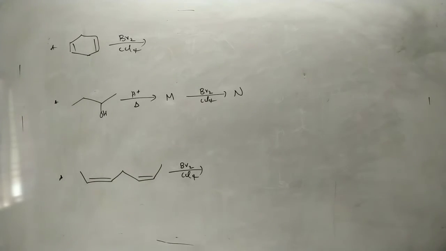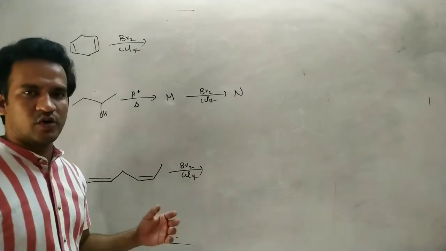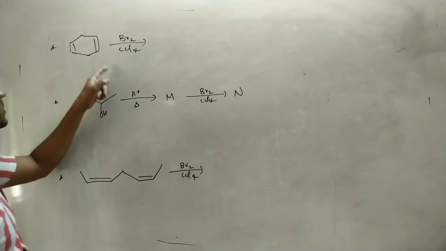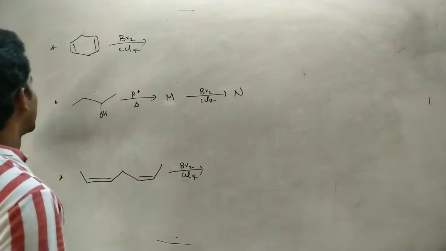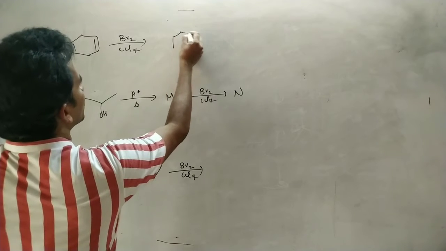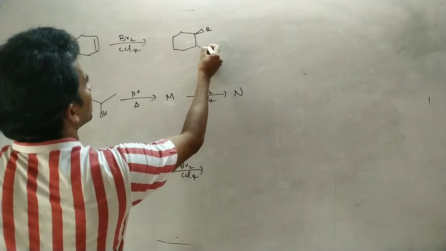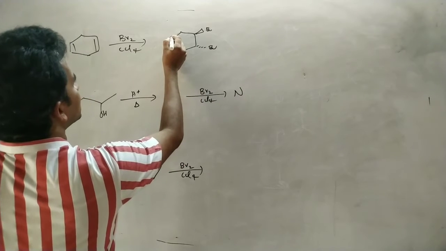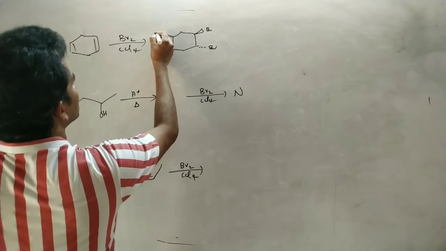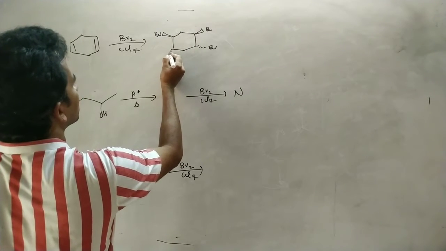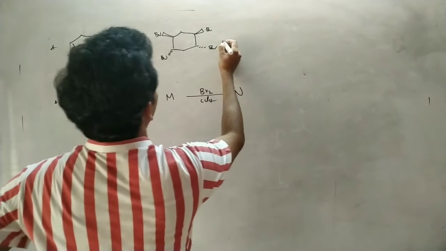Let us discuss these problems based on bromine addition. Here there are two developments. Of course, here excess bromine solution is added. In this case, bromine addition is anti-addition. So here bromine is above the plane, here bromine is below the plane. On this side also, in the same manner, I am taking the addition. And that is one product.